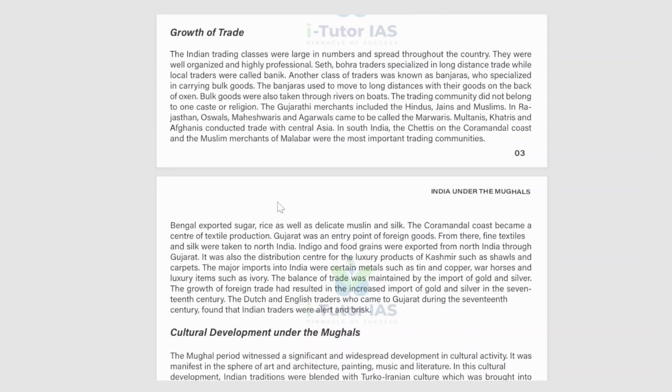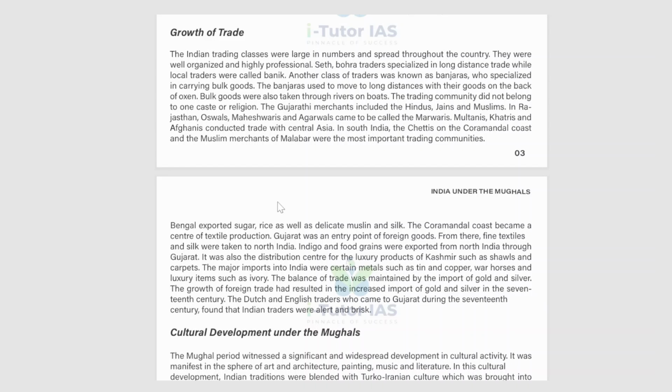And another class of traders was known as Banjaras, who specialized in carrying bulk goods. The Banjaras used to move long distances with their goods on the back of oxen, and bulk goods were also taken through rivers on boats. The trading community did not belong to one caste or religion, and the Gujarati merchants included Hindus, Jains, Muslims,